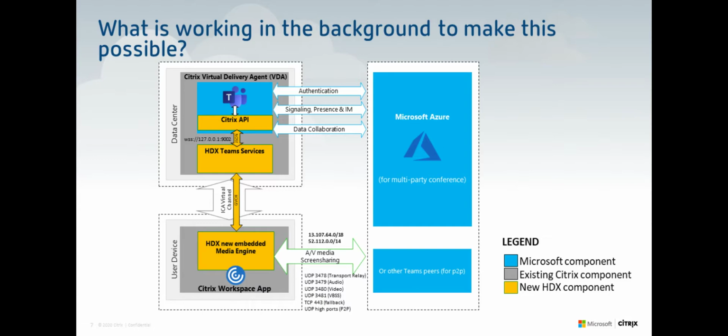When we started discussing the optimization architecture for Teams, we decided to introduce an API that we hand over to Microsoft. Thanks to this API, the Teams application in the VDA can now interact with VDA side services. These VDA services are eventually responsible for opening a virtual channel to Workspace App, where we have a new HDX media engine. It's different from the Skype for Business optimization pack media engine. The new media engine that we're using for Teams is based on WebRTC, so it can talk WebRTC protocol back to the Teams servers, or it can talk directly to another peer.